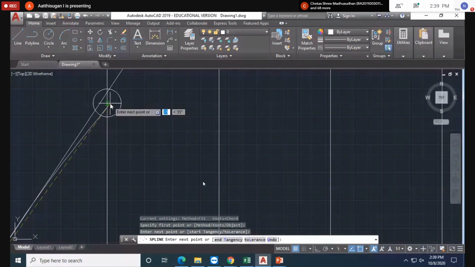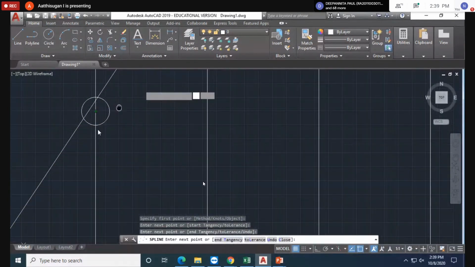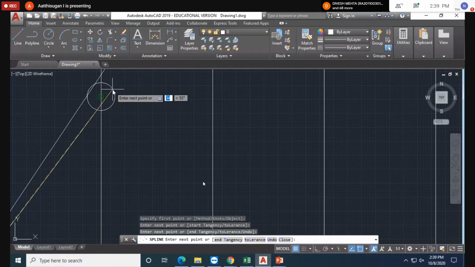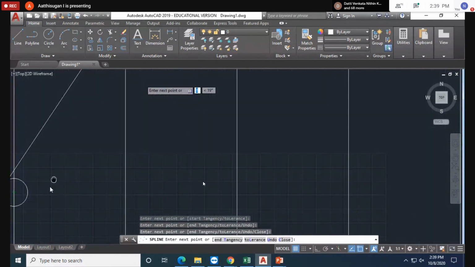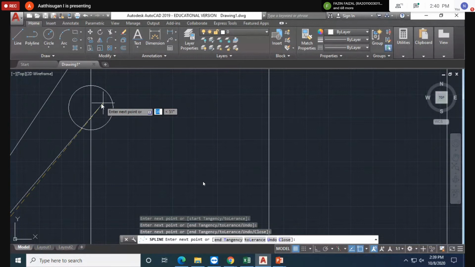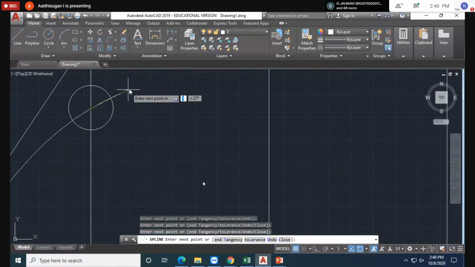Now for this center point, we'll just click the circle. It will show the center point. Move the circle, and there will be a center point. Similarly, near that, a symbol shown as a circle symbol appears. Going to that point, it will show the center. Just click it. We move to the point, and it shows some symbol, a cross with the circle. That is the center point here.